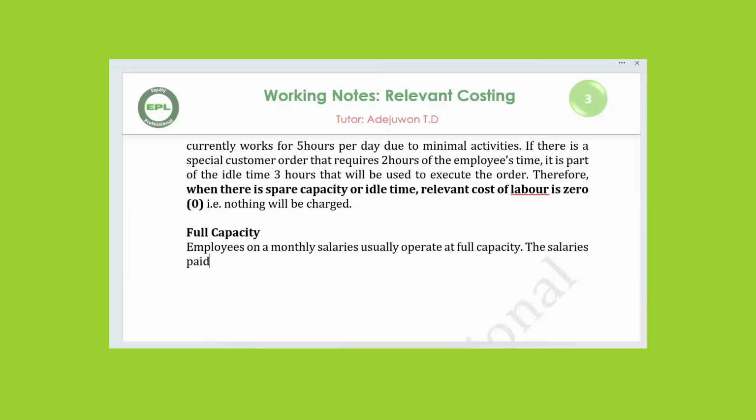The salary paid to employees monthly is fixed